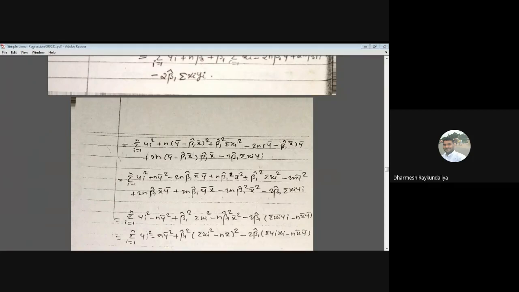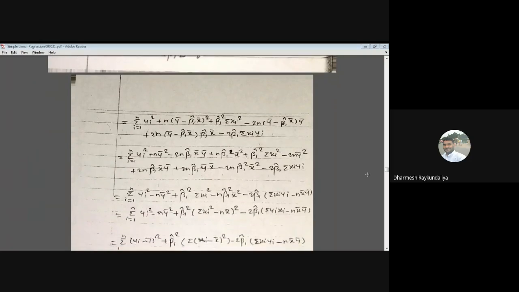ये plus हो गया, तो 2n बीटा 1 कैप x बार y बार, and this is the 2n y bar x bar बीटा 1 कैप, that is बीटा 1 कैप y bar x bar, and minus twice of n, this is the बीटा 1 कैप स्क्वायर x bar स्क्वायर, and minus 2 this, कुछ कैंसिल होता है तो कैंसिल कर देते हैं। यहाँ पे 2n y बार है, यहाँ पे प्लस y बार है, तो एक ही बचेगा n y बार, तो वी कैन राइट समेशन yi माइनस n y बार स्क्वायर।